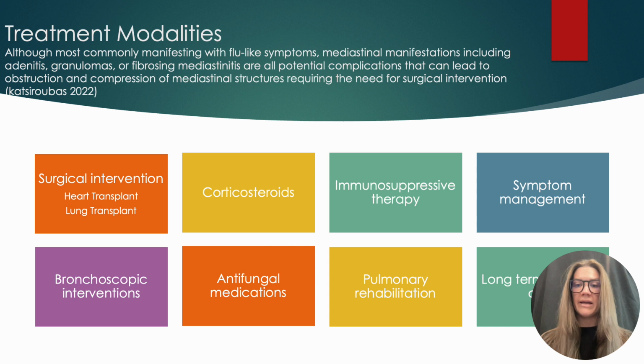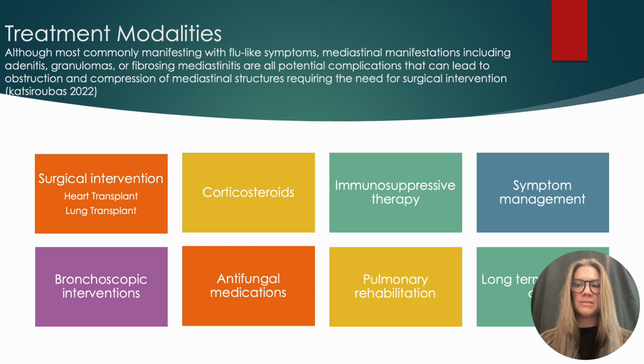The oral antifungal medications are often used to treat active histoplasmosis. It helps control the progression of the fungal infections and may be prescribed for an extended period of time. The corticosteroids may be prescribed to help reduce inflammation and manage the symptoms. However, the use of corticosteroids needs to be carefully monitored due to the potential side effects and the risk of immunosuppression, along with the risk of hyperglycemia, as I also spoke about in the last slide.